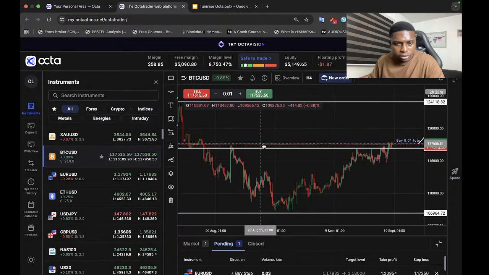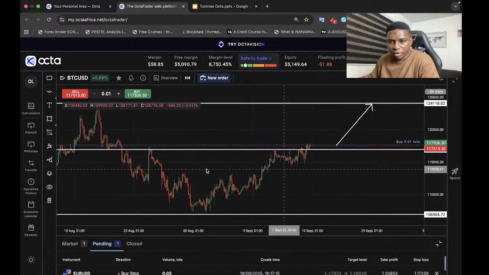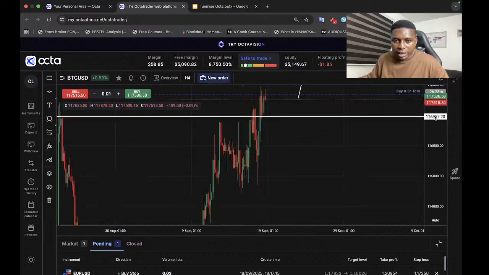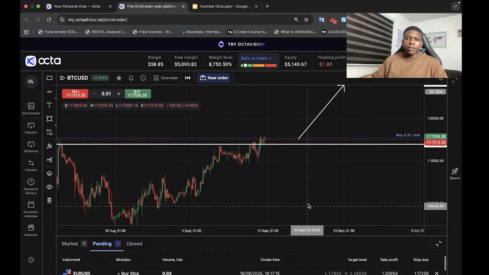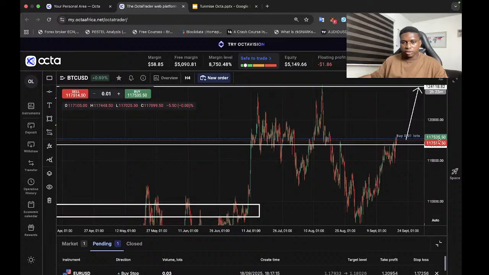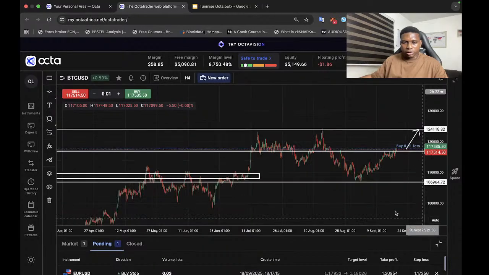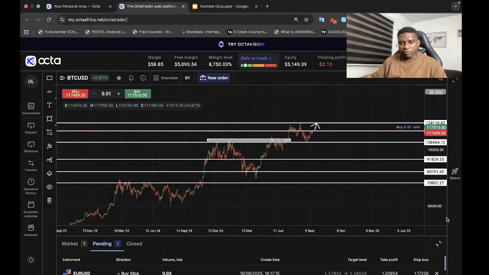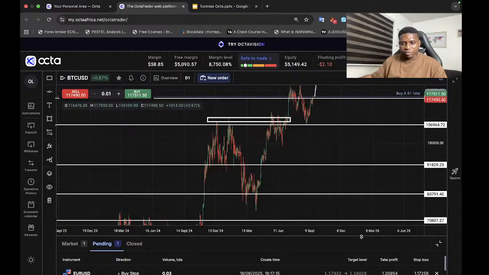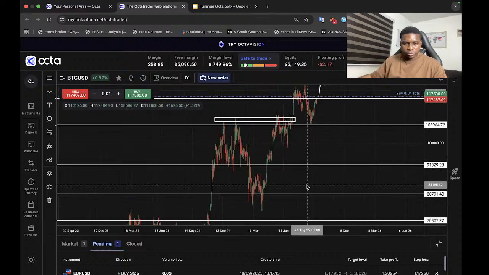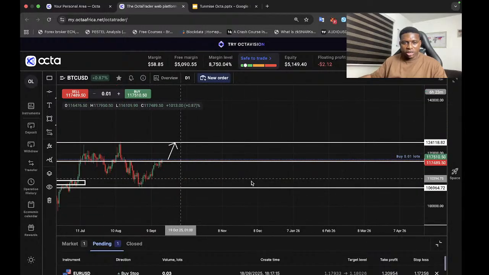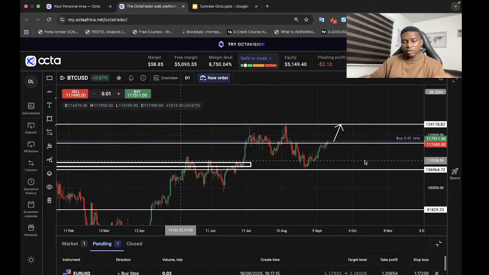The confirmation was, first, from the daily time frame, it was clear that major levels of support and resistance have been created. We've mapped out major levels of support and resistance, which